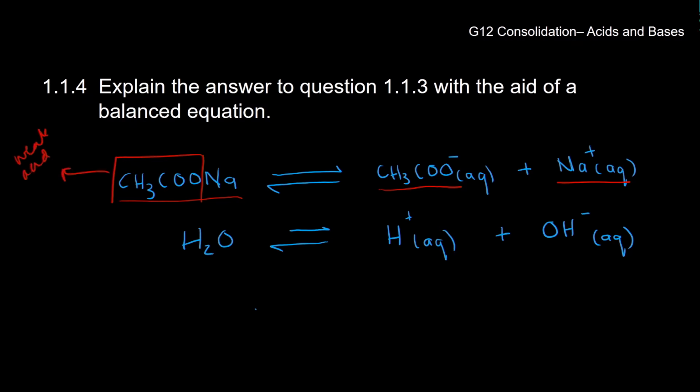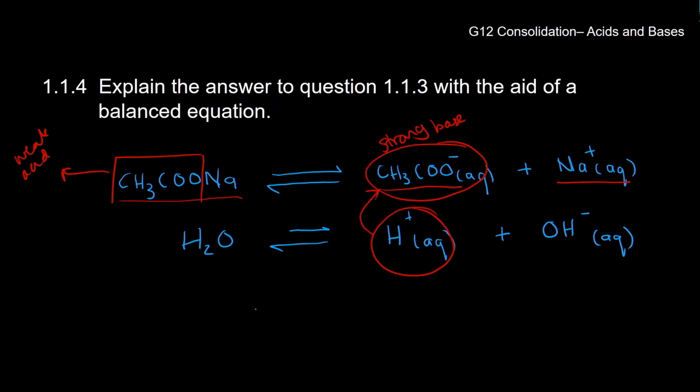That means that its conjugate base is going to be strong. So this is a strong conjugate base. That means that this ion is going to be hungry for protons. It is going to be really keen to pick up this proton that is available from the